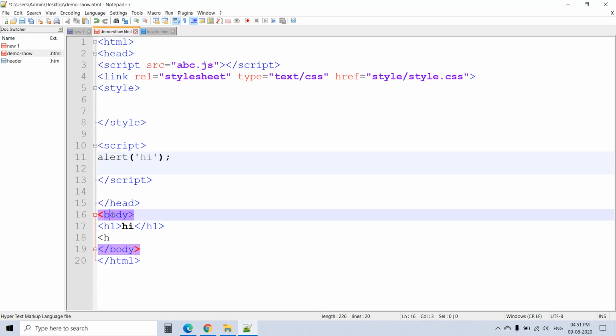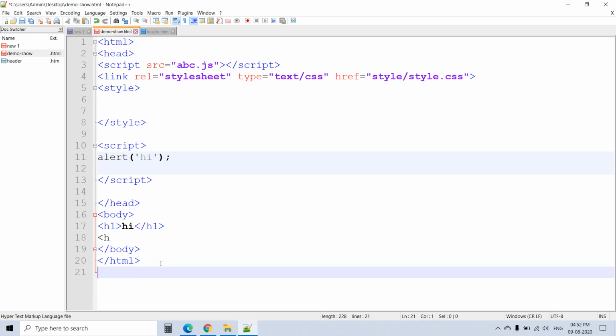Similarly, body open, body close. Body means the main part. Here we are coding all the things of HTML. Script can be mixed into the body. Sometimes it is required to use scripts in the body or after the ending of the HTML tags.